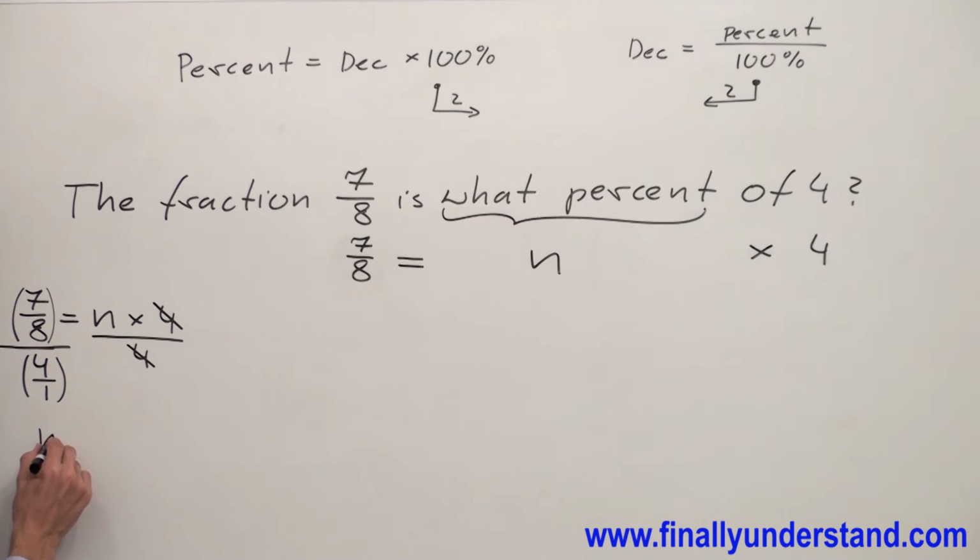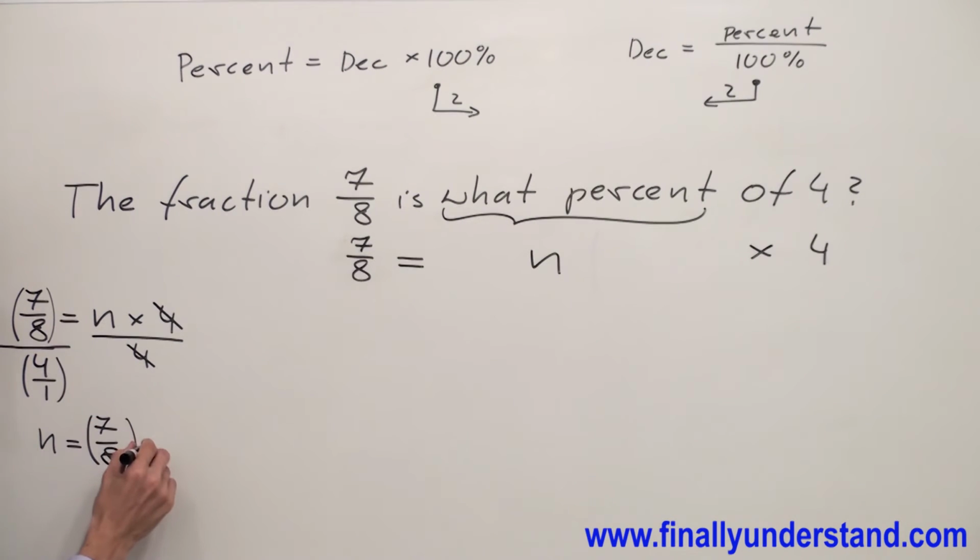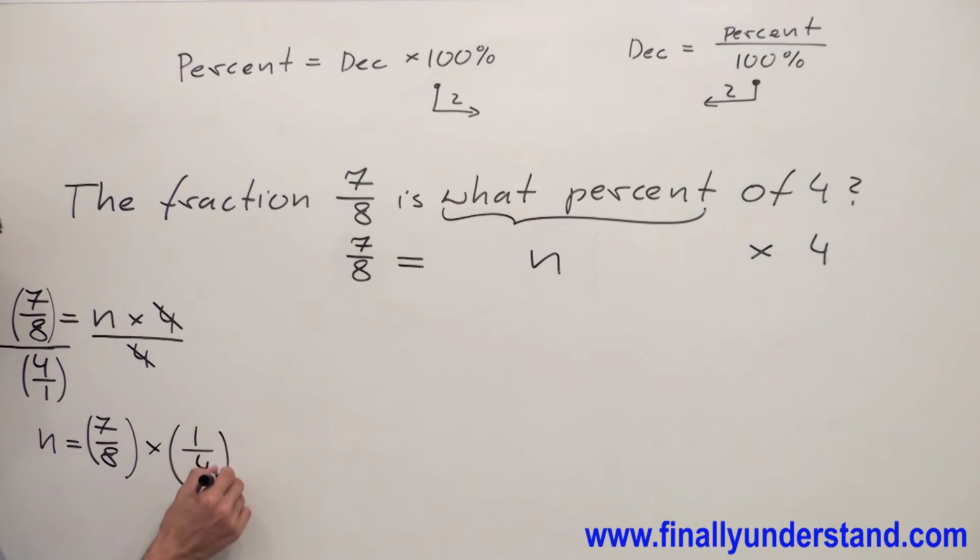Okay, so I'm going to write n equals. Anytime you divide fractions, you have to copy the first fraction down, change division to multiplication, and find the reciprocal of the second fraction. So I'm going to have 7/8, copy down the first fraction, you can add the parentheses, divide, you have to change to multiplication, and simply write the reciprocal, 1/4, okay? If you want to add parentheses, it's okay. If not, it's also okay. Now,